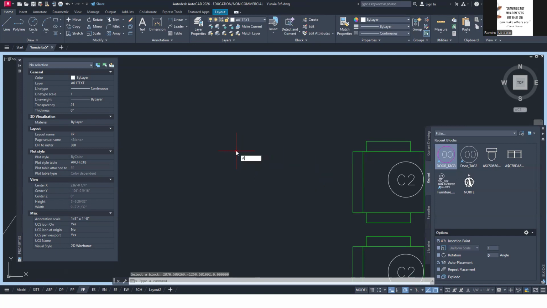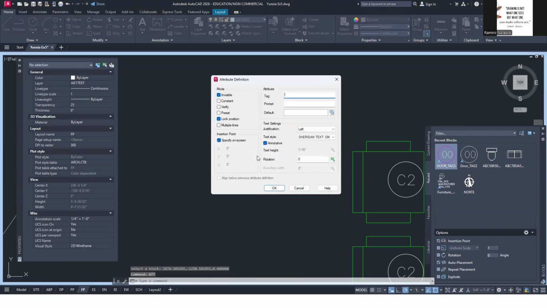So first, you type the @def command, attribute definition. Okay? And you place there the tag. Normally, now I like 00 or 00, so that I know that size of the circle.